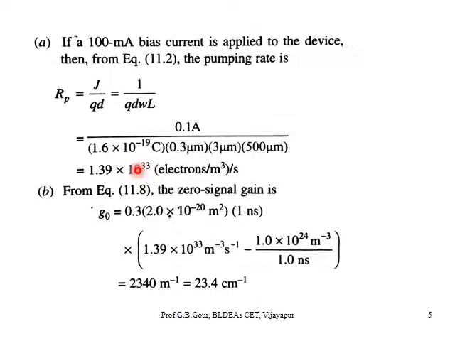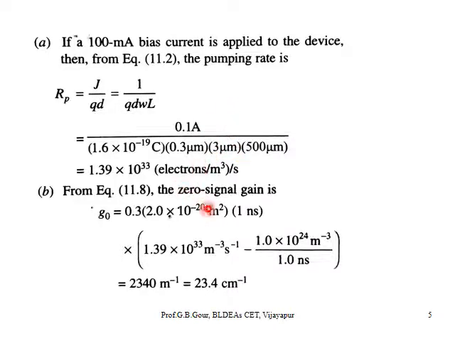The thing is that we should know the formula, and at the end writing the units is very important here, because one such numerical is fixed in the exam. We can see here the rate of optical pumping, the unit is a little bit unusual: the number of electrons per cubic meter. The number of electrons in 1 meter cube volume for every 1 second is the rate of optical pumping.